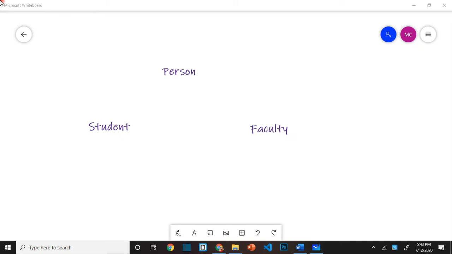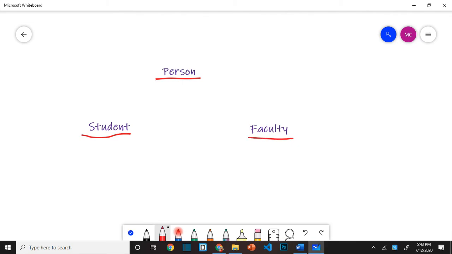So I can give you a little example right here on my screen, if you can see my whiteboard. I have written a person, that's a class. So we can have a person class, then we have a student class, and we have a faculty class. Okay, in terms of inheritance,